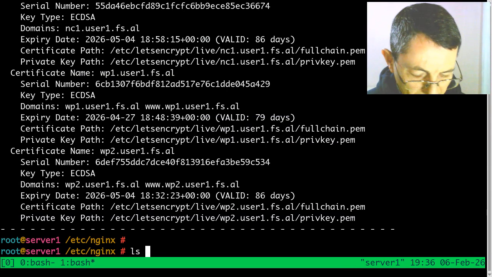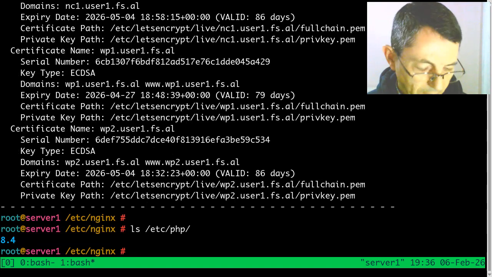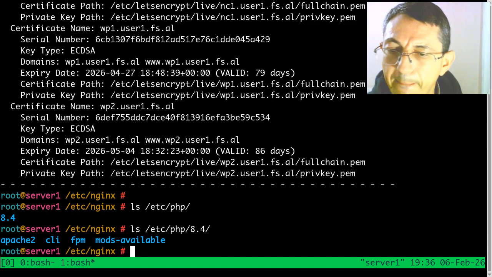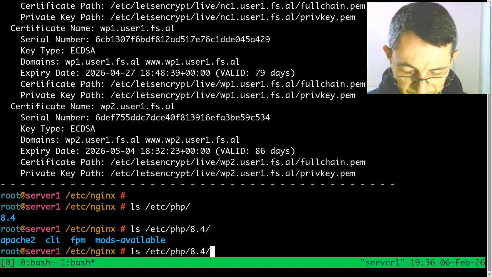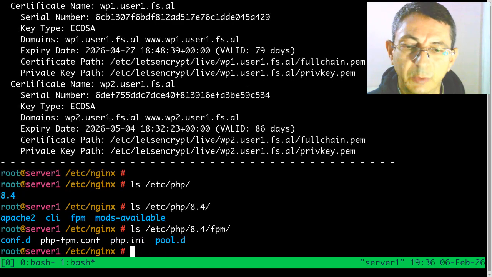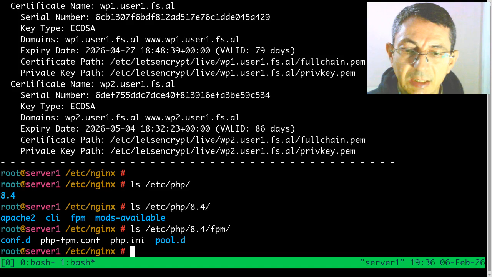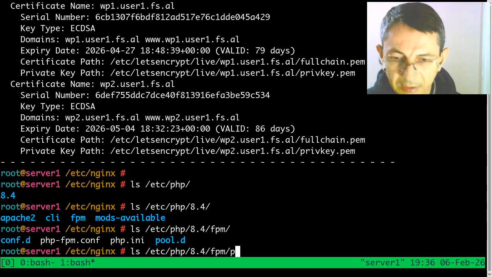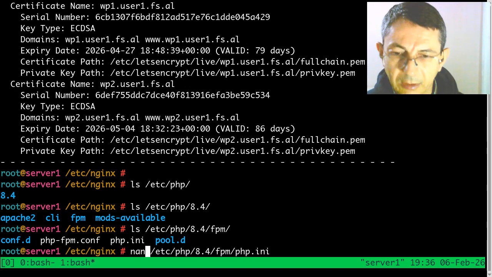PHP configurations are in the directory /etc/php, and then this is the version installed in Debian 13, 8.4, and then we have to look at the FPM configuration of PHP, because Nginx is using PHP as an FPM service, and the configuration file is php.ini, which we can edit,